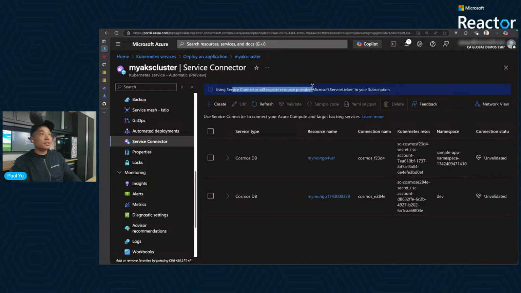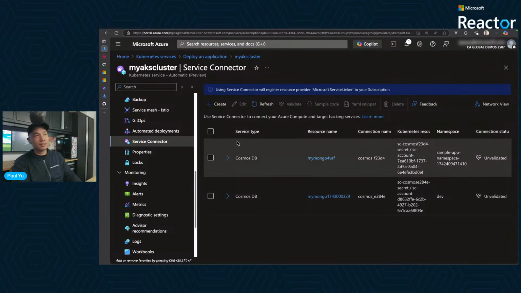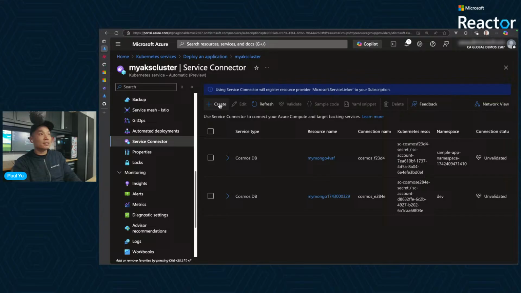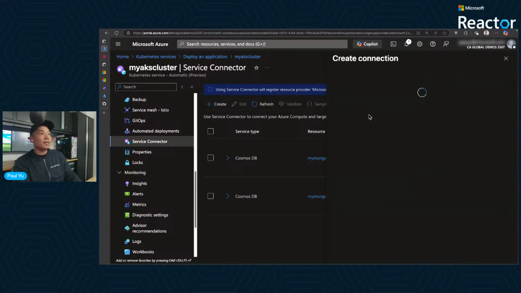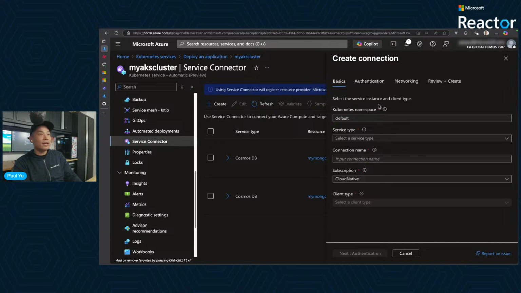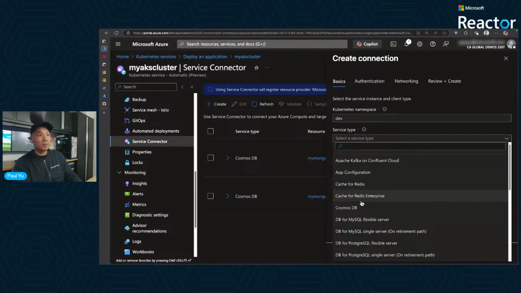So using Service Connector, okay. I don't know why these are set up here, but anyhow, we'll go ahead and create a new one. So I'll click this create button for Service Connector. I'll hit create, and you want to make sure that you deploy your Service Connector for the namespace that your application is deployed into. Okay, so dev is the namespace,